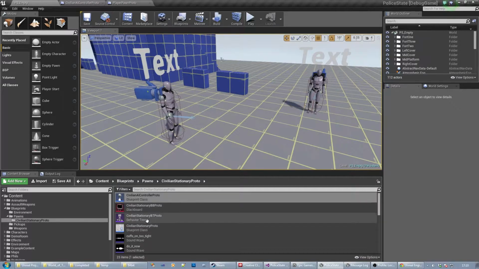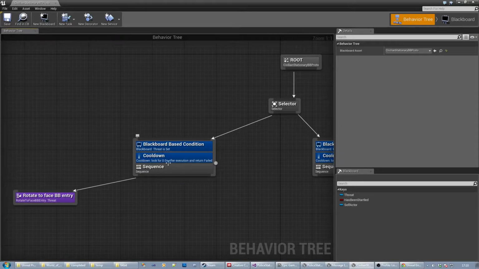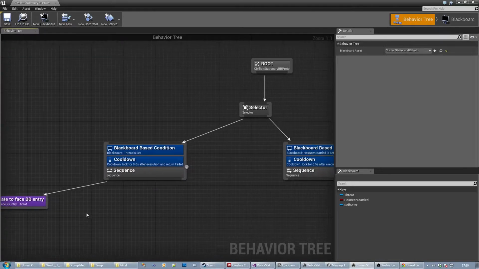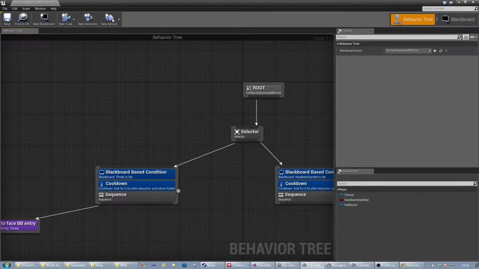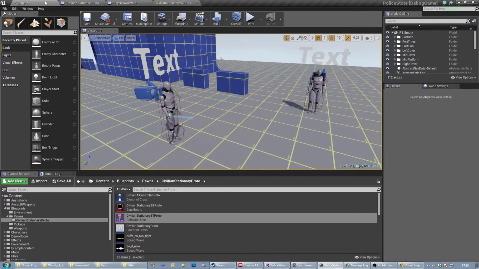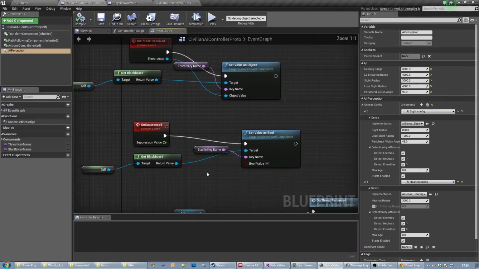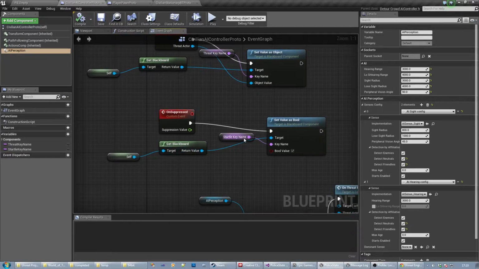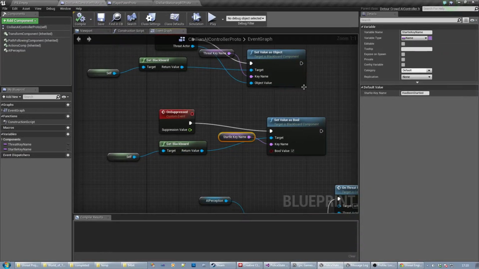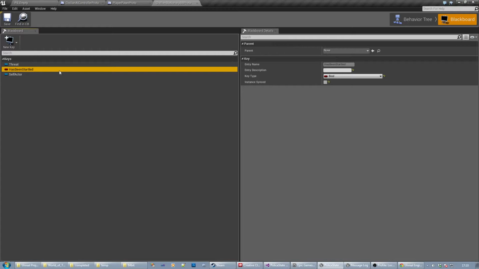is then used to say if this threat is set. There, we just rotate to face it right now. So it doesn't really do an awful lot yet, but yeah, if this guy gets suppressed, I'm setting a thing called startle. So what is it called? Has been startled. So if I go to my blackboard and say has been startled, now